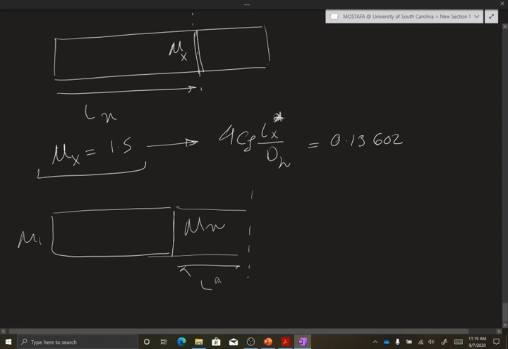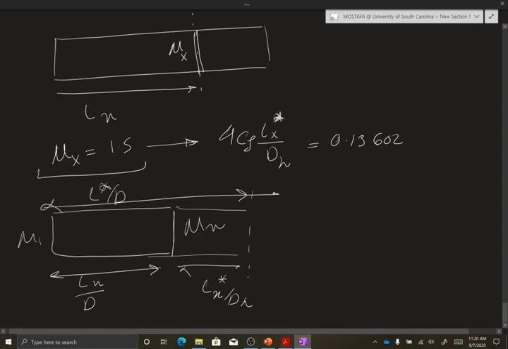Lx star. Of course, we are just finding the ratios here. And we already have the L star over D. So the star condition, using the inlet, we want to find Lx over D. Okay. So using this, we can find the Lx star over D to be